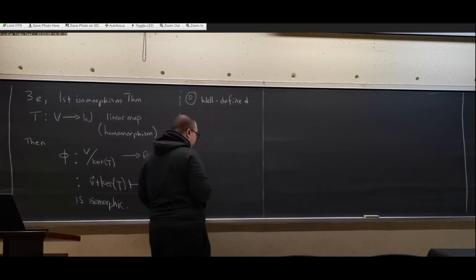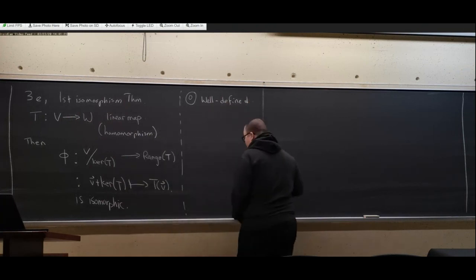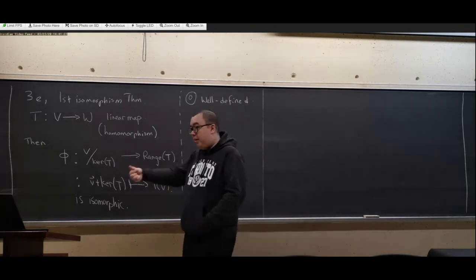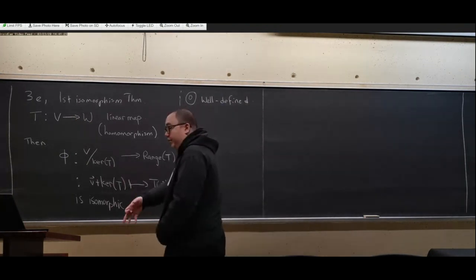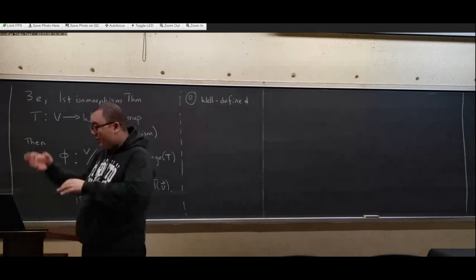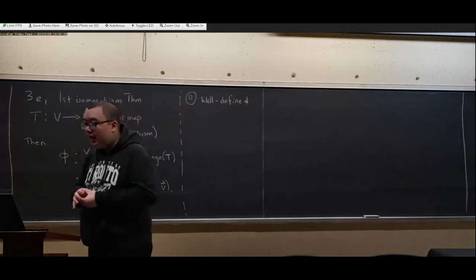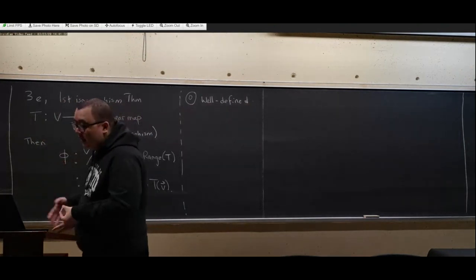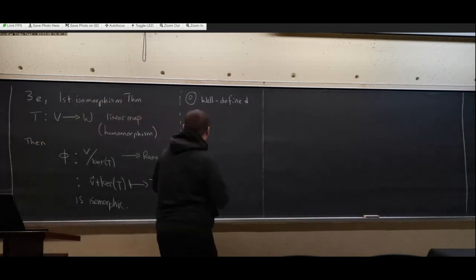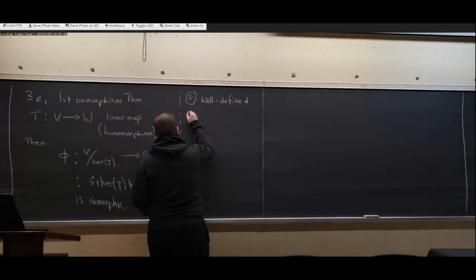So if we want to prove something is well-defined, we need to make sure a single value only gets mapped to a single value. It does not get mapped to multiple values, right? So similar to a vertical line, every single input has exactly one output. So basically, we want to show,